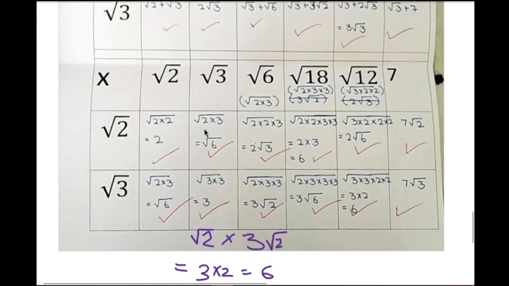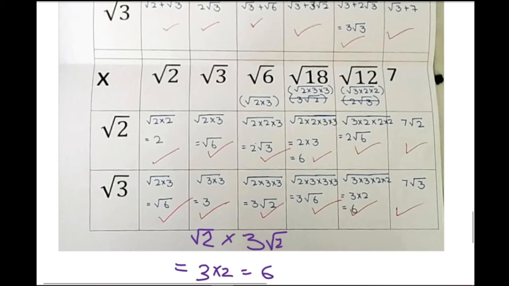Here you have to multiply. So root 2 into root 2, x into x is x square. So x square means the square of root 2. Because it is the square root of 2, its square is going to be 2 only. Root 3 into root 3 is 3. Root 5 into root 5 is 5. So whenever you have the square of any root, the simple answer is the number itself inside the root.